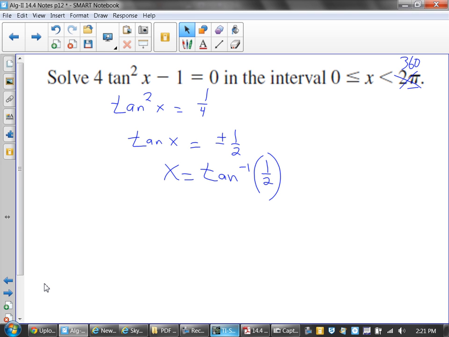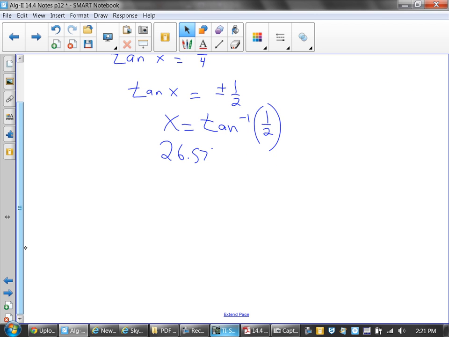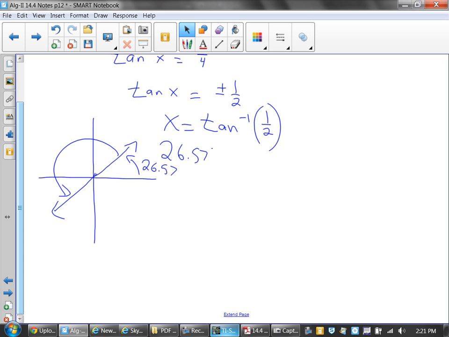So my inverse tangent, I'm talking degrees, is 26.57 degrees. Now if I place that on a circle, that gives me the reference angle of 26.57 for it being positive. Do you agree? Okay. Where else is it positive? Probably the third quadrant. All right, Caleb, how do I get from here to here? What do I have to add to this? Good. If I add 180 degrees to that, I get,